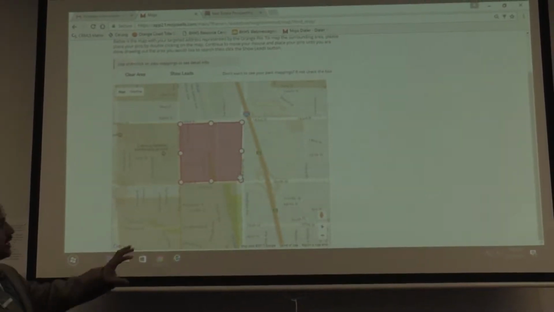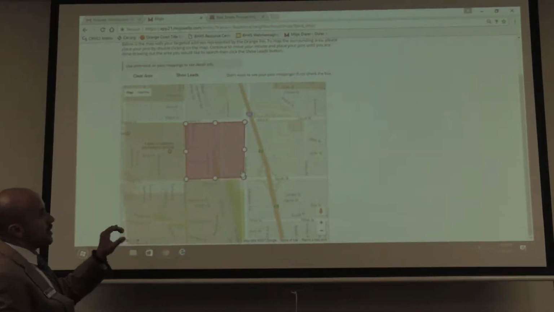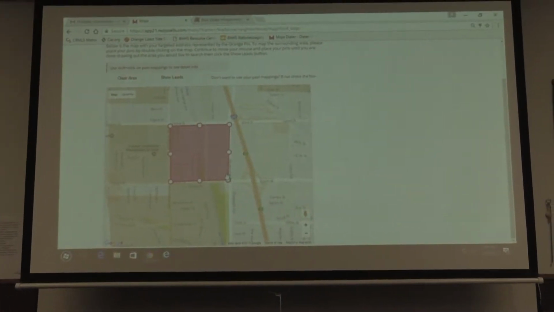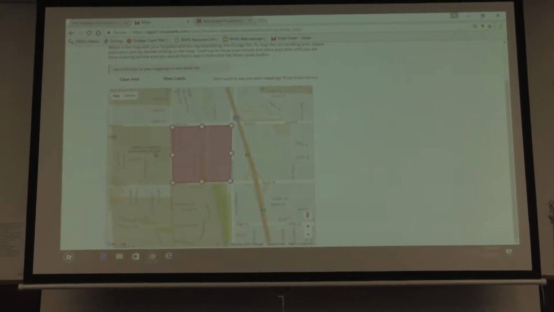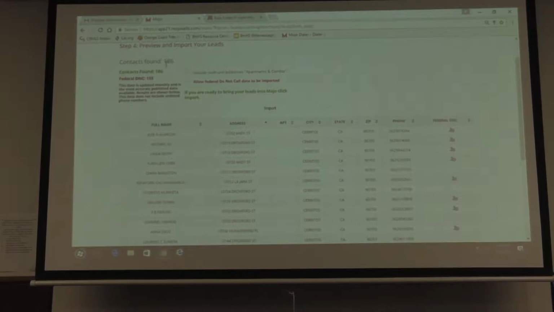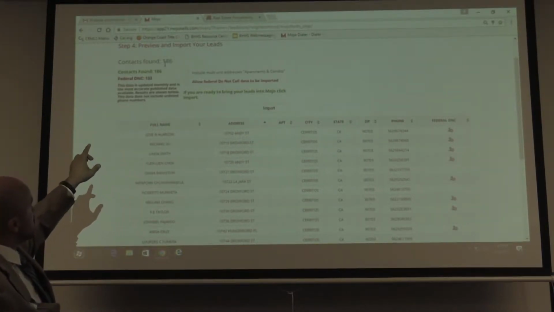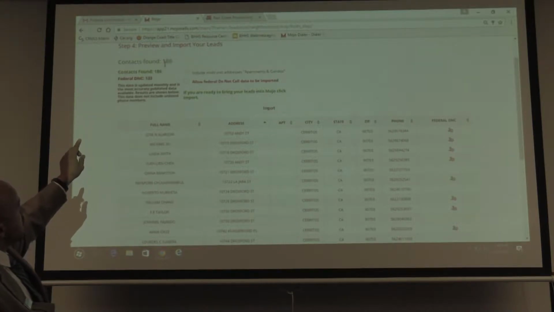Now, as you can see, it's shaded over the area that you're looking at. Once you do that, you select that area. Now you can preview your leads. Click on Show Leads at the top, and it says here there were 186 contacts, phone numbers found, and there's